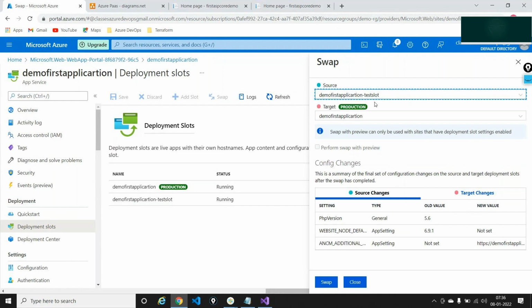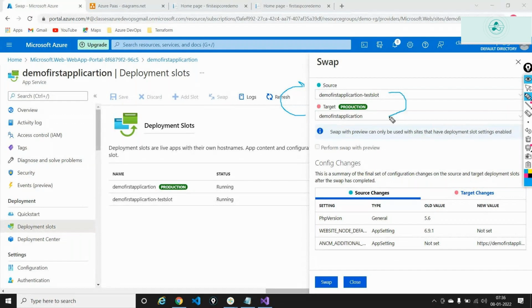So source, target, anything can be, I mean, it can be interchangeable. So from the production, I want to take the code into the source, or meaning into the slot, and from the slot I want to take the code into the production. So the slot has version 2, the main application has version 1.